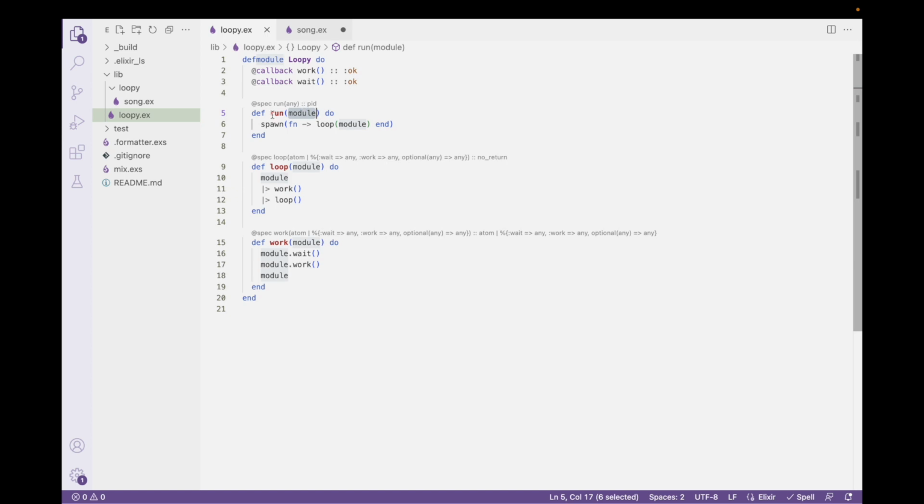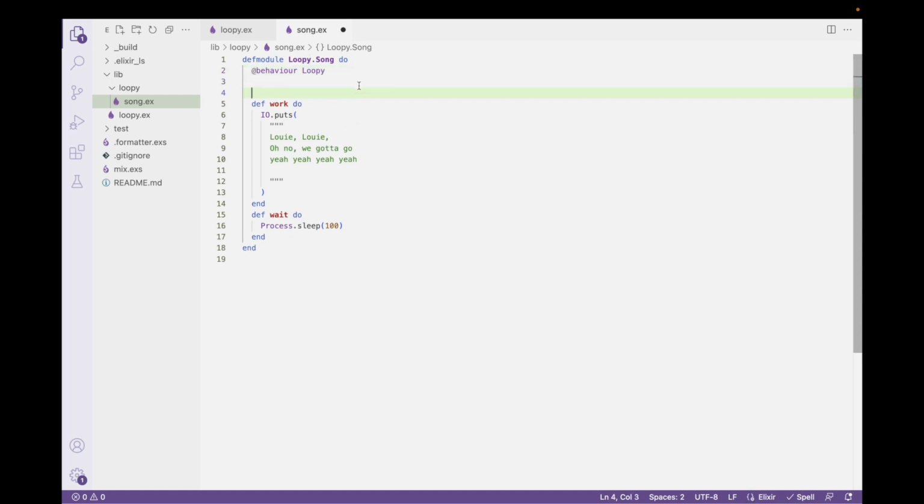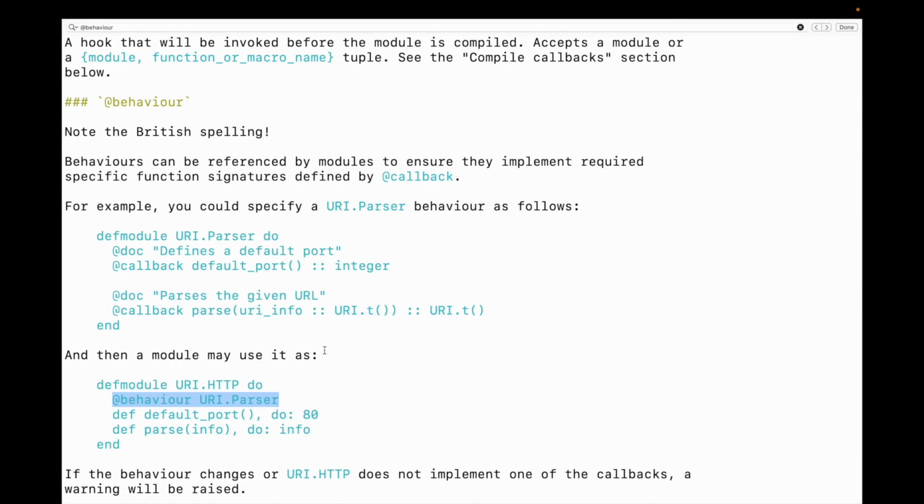And so one of the things that I want to show you is that, as long as we declare that these participate in the behavior, the way to do that is impl true, right? All that impl true says is that these are part of the contract and the behavior that I've specified. So if that is true, then I'll get a little bit more compiler protection. So for example, I can recompile this